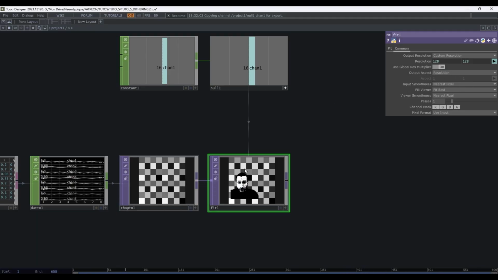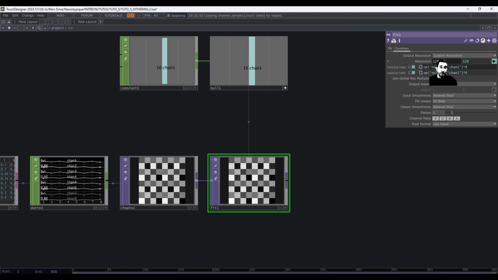We could also, if we want it to be really responsive to this texture, say operator chop to 1 dot width, which is going to be the same.